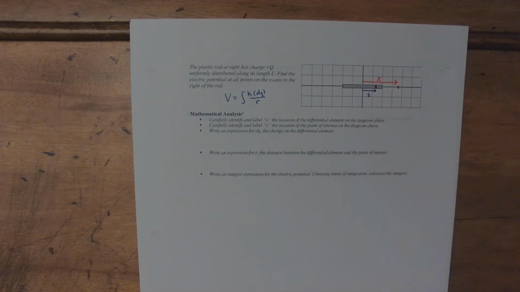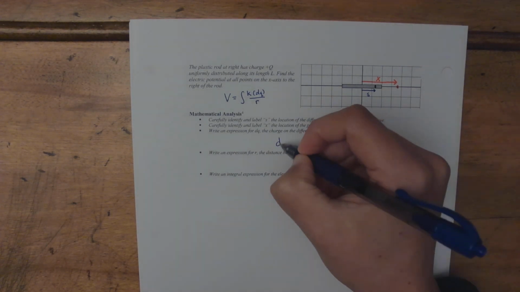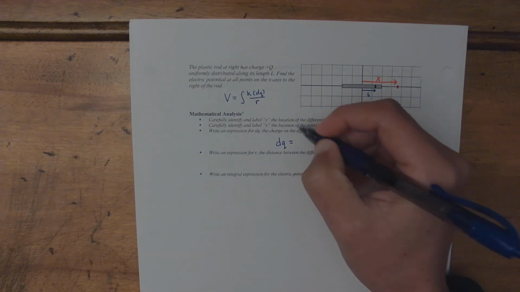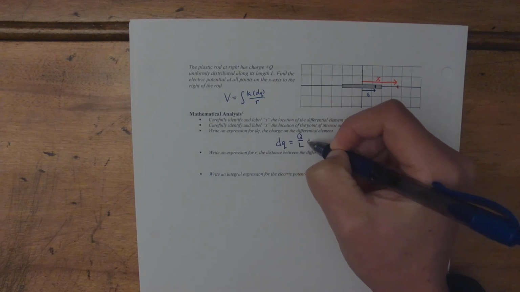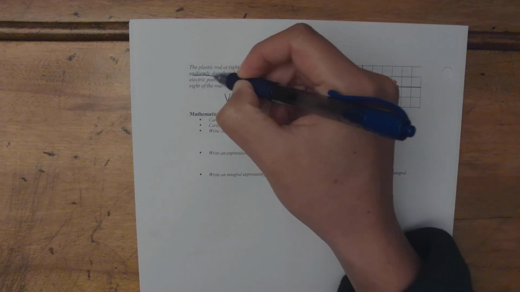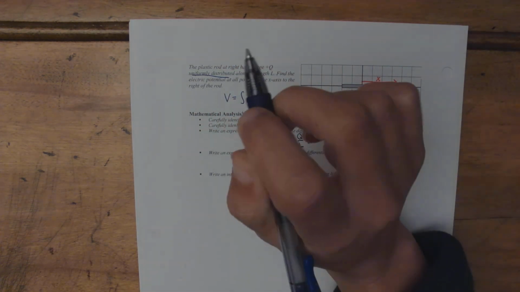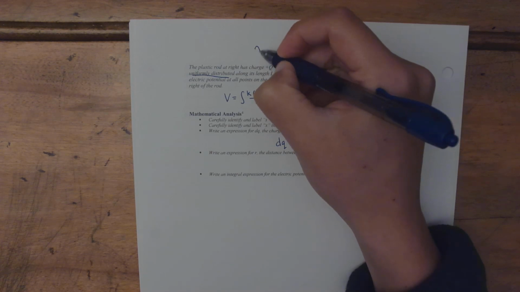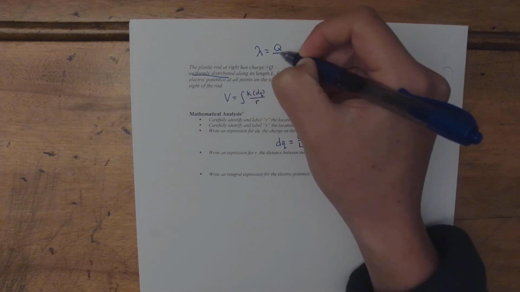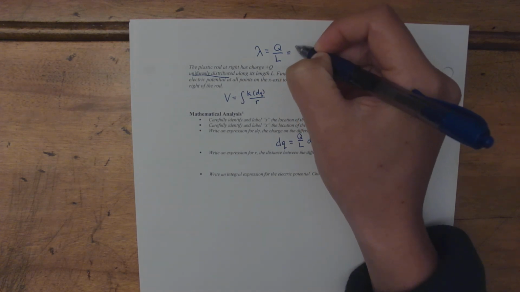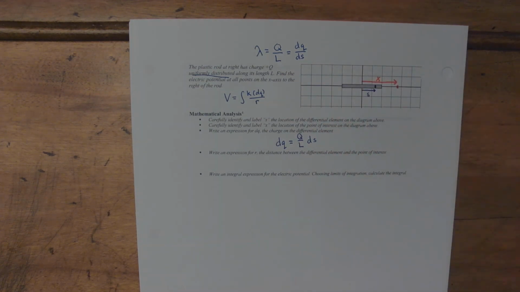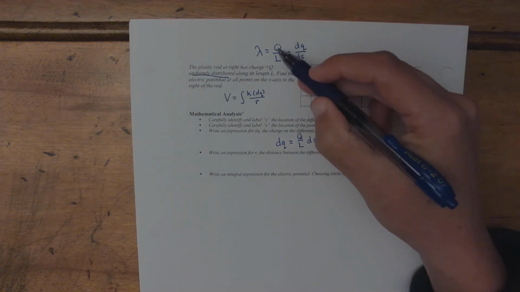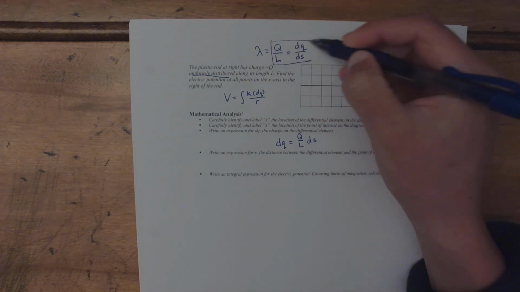Write an expression for dq, the charge on the differential element. We do this the same way that we did for the electric field. dq is equal to, they give us the charge and they give us the length, so that is Q over L times ds. Because the charge is uniformly distributed, it is true, just like it was in the electric field section, that the linear charge density is equal to the charge on the whole rod divided by the length of the whole rod, or the charge on a small differential element divided by the length of that small differential element. And in this case, because they gave us Q and L, we're going to use this to write in our